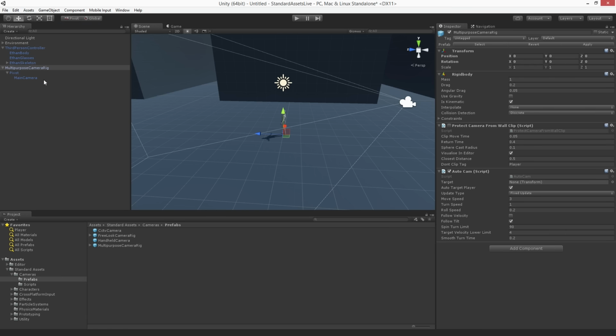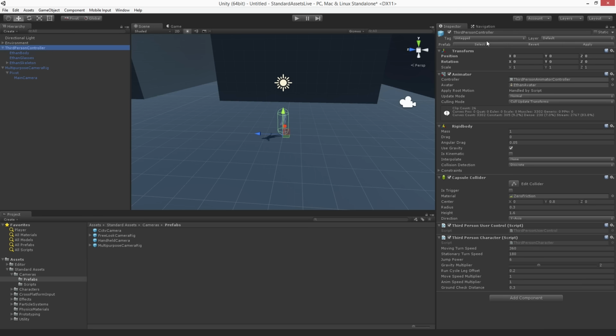There's an easier way to do this, and that will get easier as we change through our different cameras. If you'll notice, the auto cam script has a field here called auto target player, which is on by default. What this means is it's going to look for an object in the scene with the tag player and then focus on it. So we're just going to take our third-person controller and set the tag to player, which is one of the default tags in the tag menu. And now,